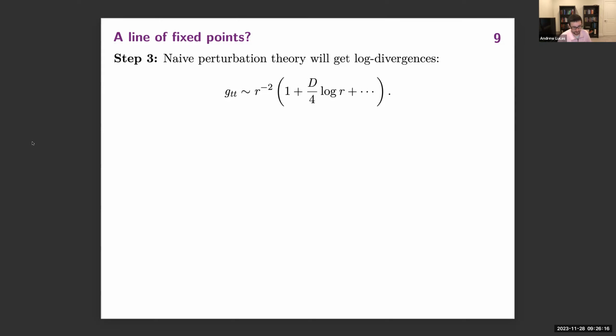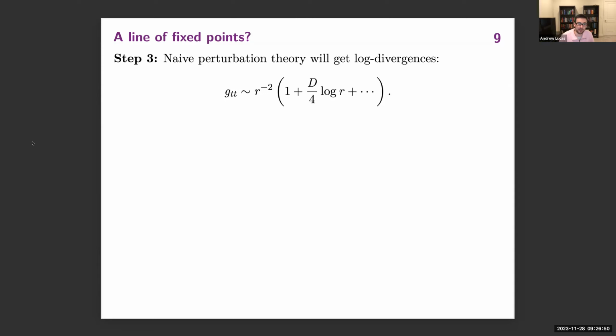This was done, I think, a long time ago, and people gave up pretty quickly. So the key thing that Hartnoll and Santos pointed out is that if you see this type of log divergence coming from this marginal disorder, we know what to expect from usual QFT. When we see these kinds of logs, with our perturbative parameter sitting in front, this is a sign that some critical exponent of this theory is being perturbed.